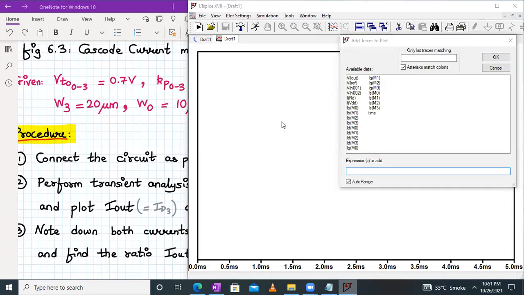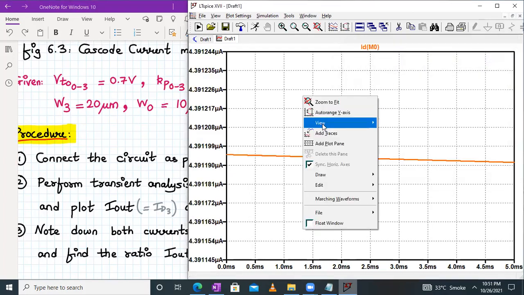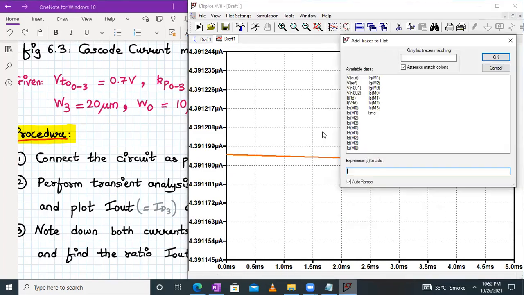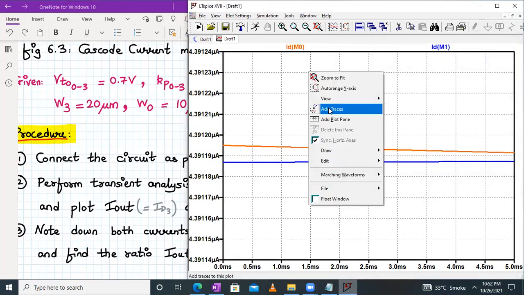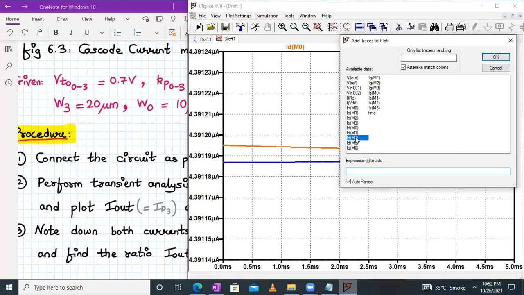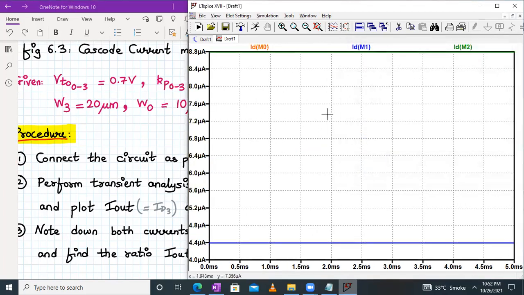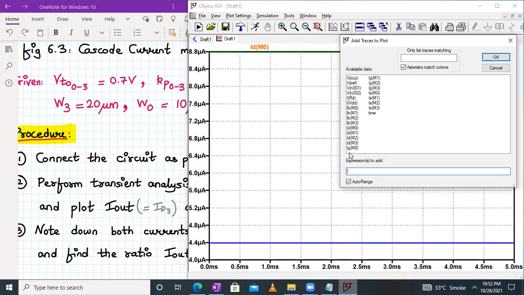ID of M0, that is the drain current for M0. And secondly, we have to plot ID of M1, then ID of M2, then we have to plot ID of M3.